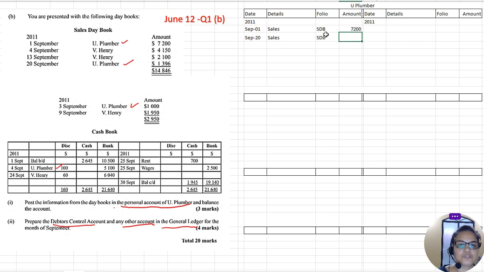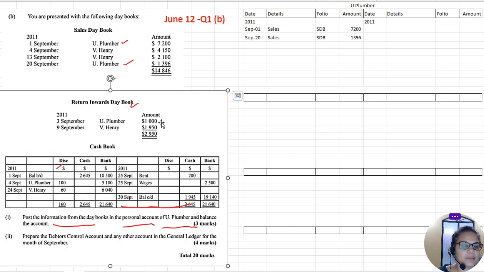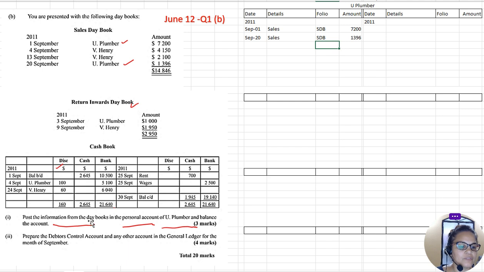for how much? 1396. Now these are credit sales. However, part of the question is not showing up here. So in your sales return book, and let me just remove this so it doesn't confuse you,